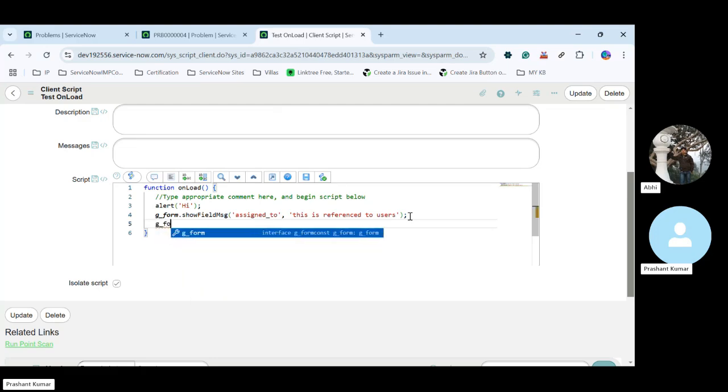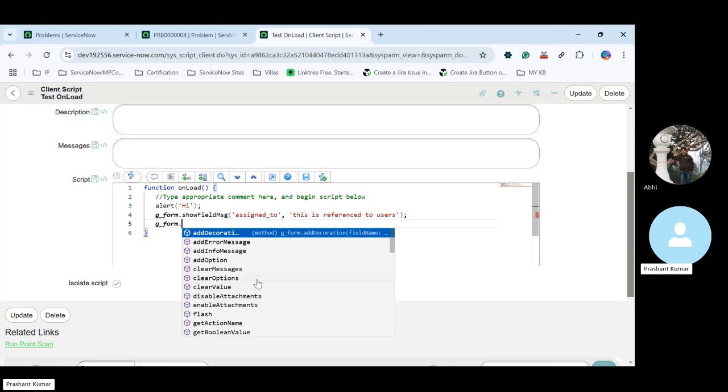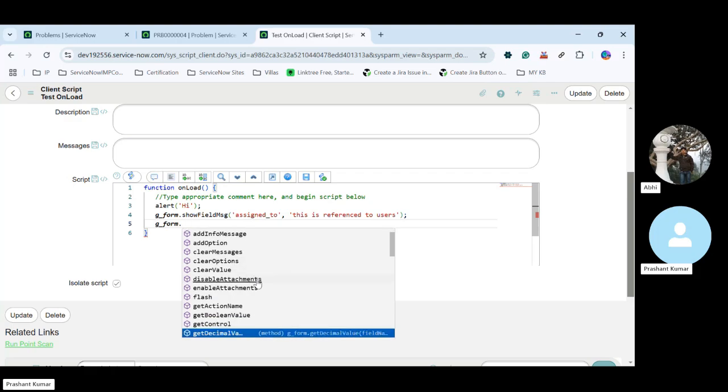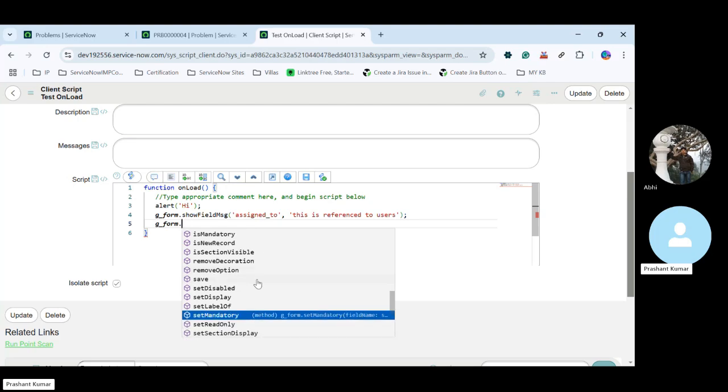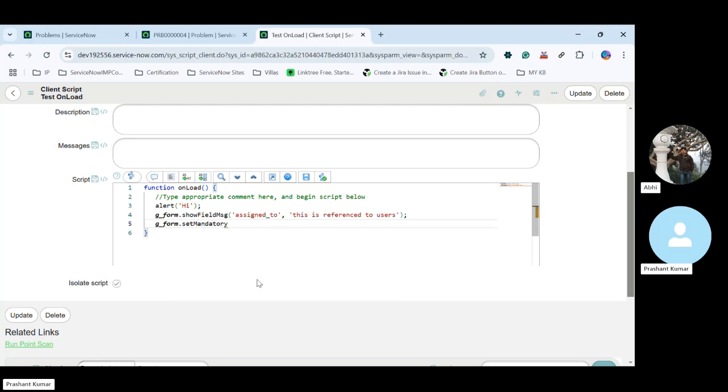You will see a lot of methods here. I will show you g_form dot. See here, the methods. So these are the message, error message, info message. Error message will show in red color. Info message will show in blue color. Here you can see there are methods like is mandatory, is new record. These are for condition checks. Set label of, set mandatory, set read only. So set mandatory, we have,